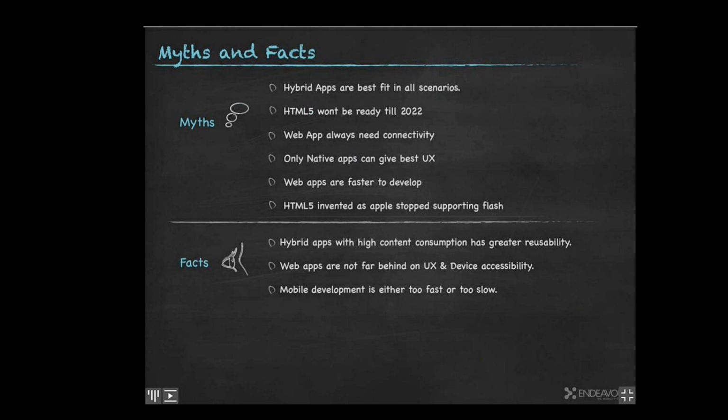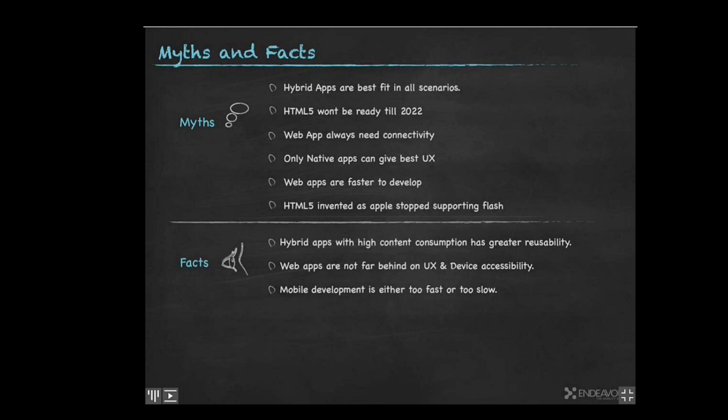HTML5 will be ready in the year 2022. That's a ways from now, but actually that's just not the case. The working draft is closed. If you're following it at all, you know that. The fine specs will be fine-tuned over time, but most of what you want to do is there. There can't be any significant changes to the spec, and minor changes will probably not really affect you.